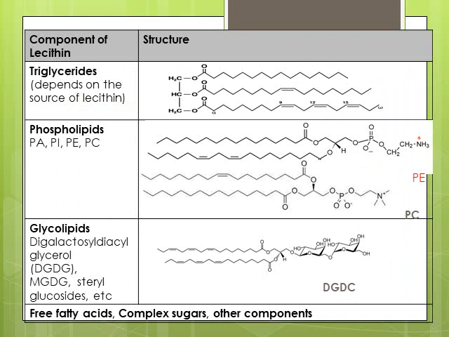These are the molecular structures of some of the compounds available in the lecithin. We have triglycerides on top. We have two types of phospholipids, the PC, which is phosphatidylcholine, in the middle, and also PE, which is phosphatidylethanolamine. We have one of the glycolipids at the bottom. They call it DC,